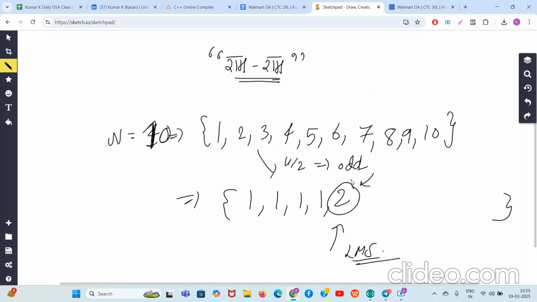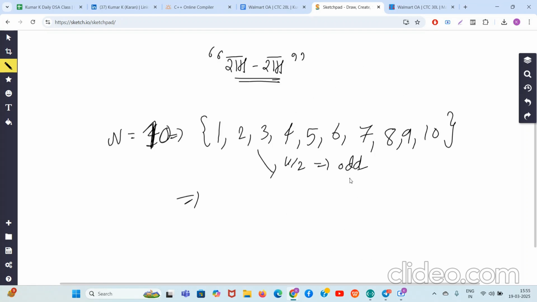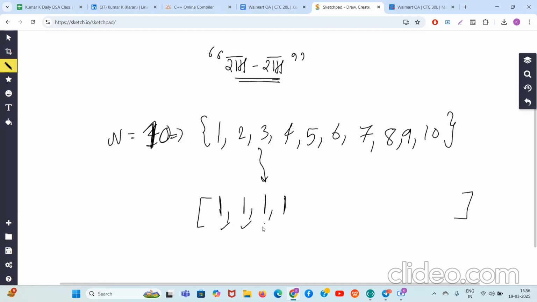So guys, do you understand? To get the lexicographical maximum sequence, what I want is that I need to get a number from the left hand side here which is greater than 1.